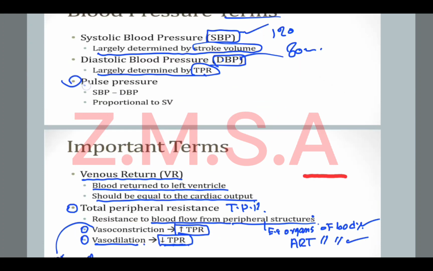Next is the most important pulse pressure, and pulse pressure is the difference between systolic and diastolic pressure. For example, systolic pressure is 120 and diastolic pressure is 80, and then the pulse pressure is 40. Okay. The most important determinant of the pulse pressure is the stroke volume. Normally pulse pressure is 40,